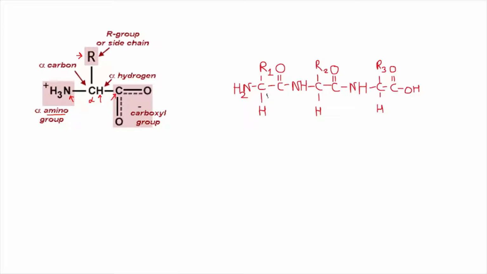This is the first amino acid, this is the second amino acid, this is the third amino acid. Now if you have watched my previous lectures, I have told you that 2 amino acids link with each other via one peptide bond. Likewise, 3 amino acids link with each other via 2 peptide bonds. So in this way, n amino acids link with each other via n-1 peptide bonds. So here, because we have 3 amino acids, there should be 2 peptide bonds.